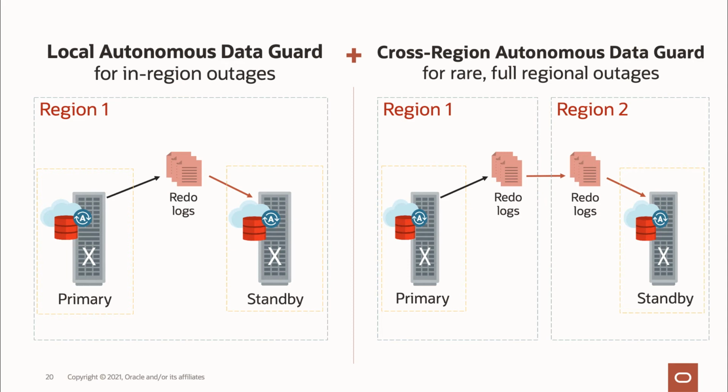And since the local Autonomous Data Guard is within the same region, it is extremely fast and seamless, since none of your mid-tier applications above the database need to fail over and they can simply reconnect. However, this of course does not protect you from any complete regional disasters, such as an earthquake or a flood, right? And cross-region Autonomous Data Guard is a new feature that I myself worked on that we released only